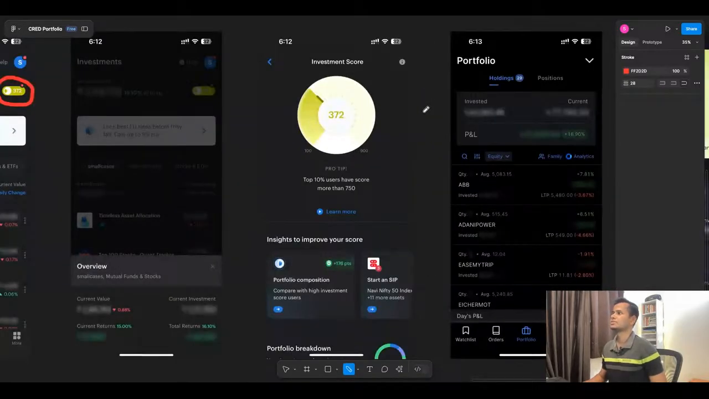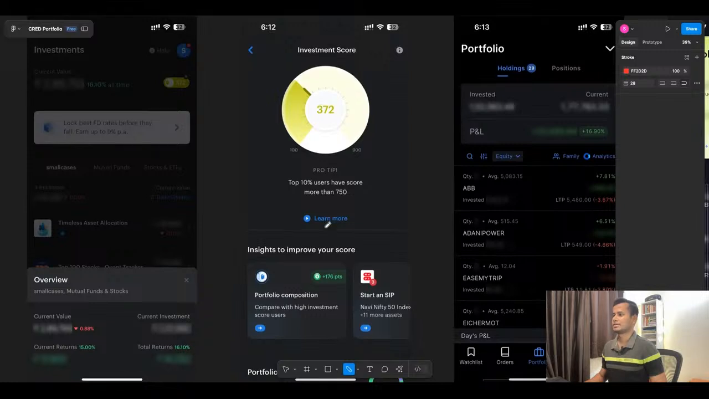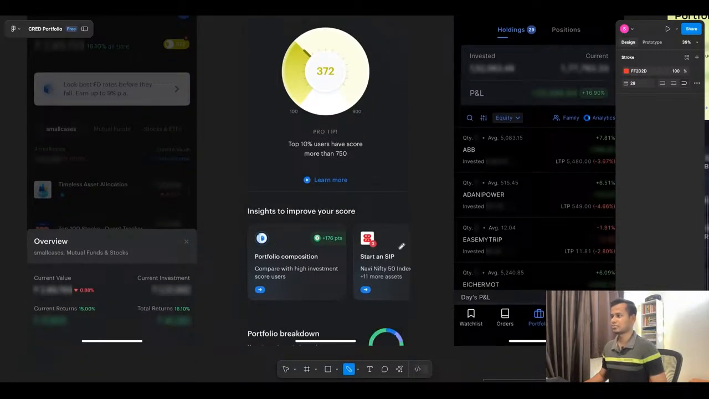Similarly, coming back to the investment score, which is similar to a CIBIL score or any credit score we have. They have created it on their own based on different parameters, right? And also they suggest how to improve it, right? Portfolio composition,